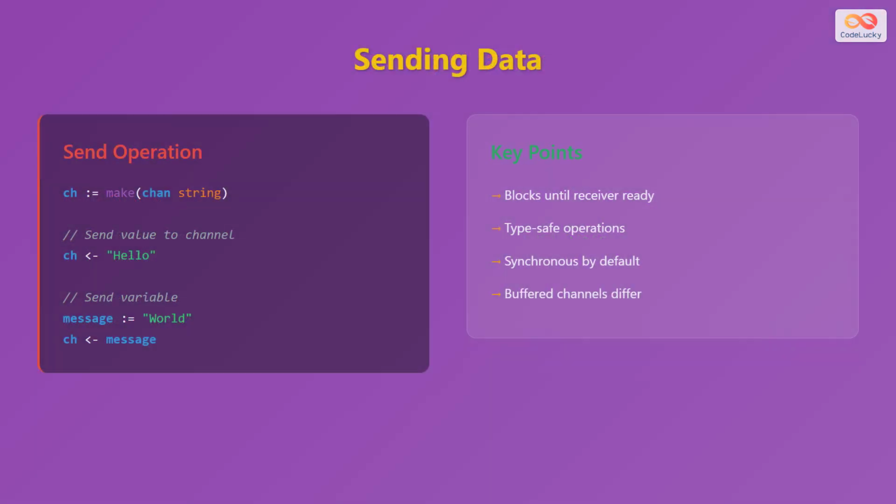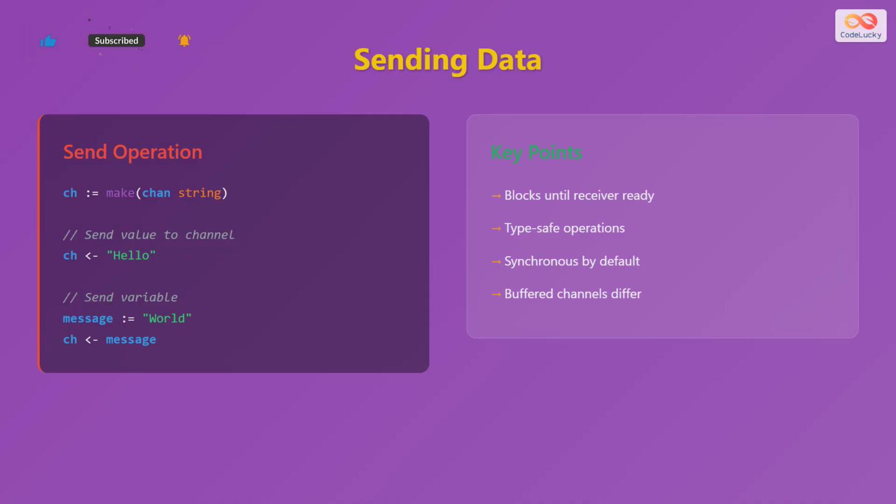Now let's delve into how to send data through channels in Go. To send data to a channel, you use the send operator, which is the less than sign followed by a dash, and place it between the channel and the value you want to send. For example, ch <- "hello". You can also send the value of a variable through a channel. In this case, you first declare the variable and assign a value to it, then send the variable's value through the channel. For example,